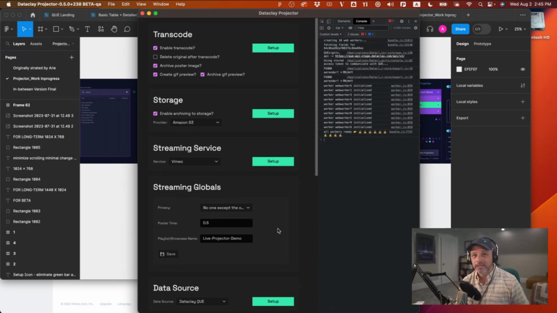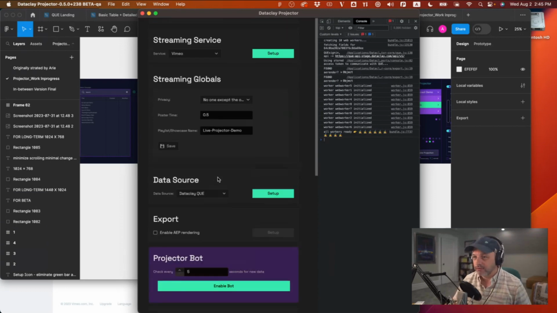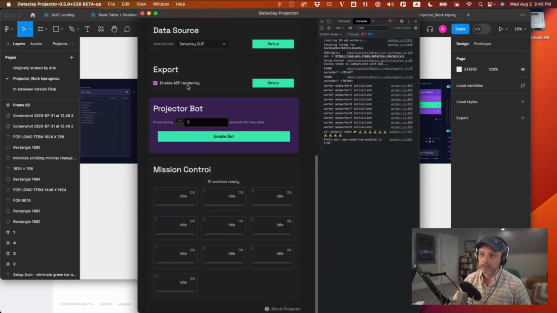With the export feature that we have here, this enable AEP rendering, end users install After Effects on those machines that they need to render, but they don't need to log in with the Creative Cloud ID or anything like that. This checkbox effectively tells Projector to use AE render, the command line interface, to render out project files.